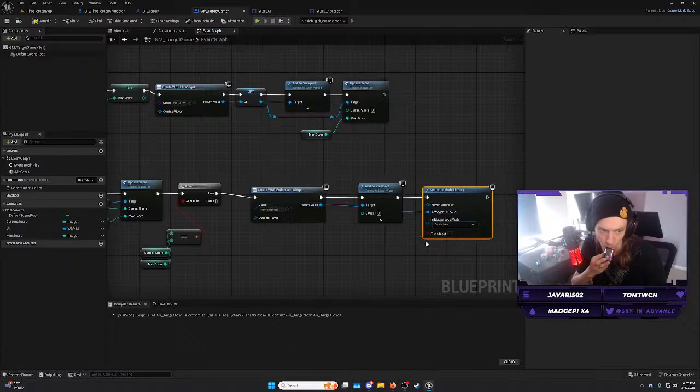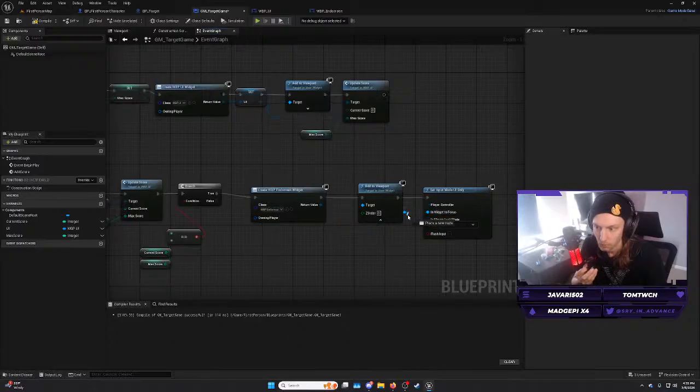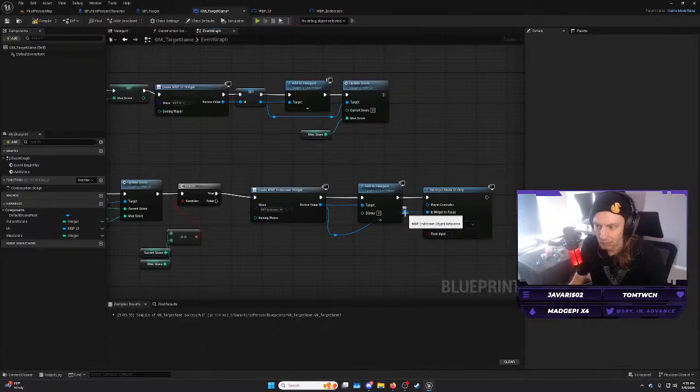Also, double click to add in a reroute node. And now it's asking for the player controller. So drag from here and go get player controller. You can think of the player controller as a reference to the player itself. And then to show the mouse cursor, because the mouse cursor will not show up, drag from here and go